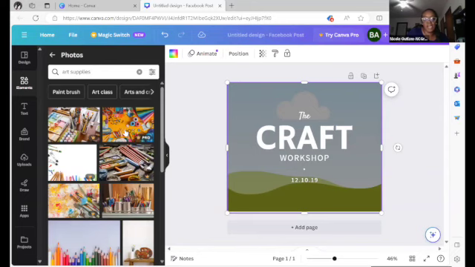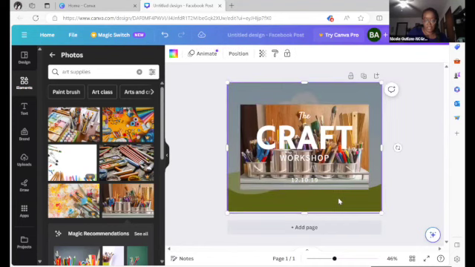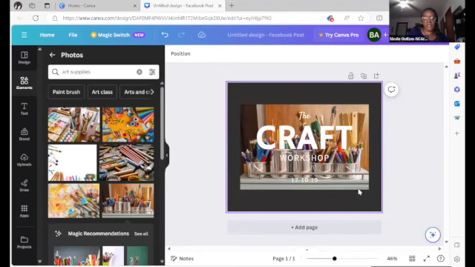So now I can change that background based on the photos that are here selected for me. But of course, all the things with the Pro crown, I can't use those. So I'm just going to click on the one that is free and then delete the placeholder, sorry,